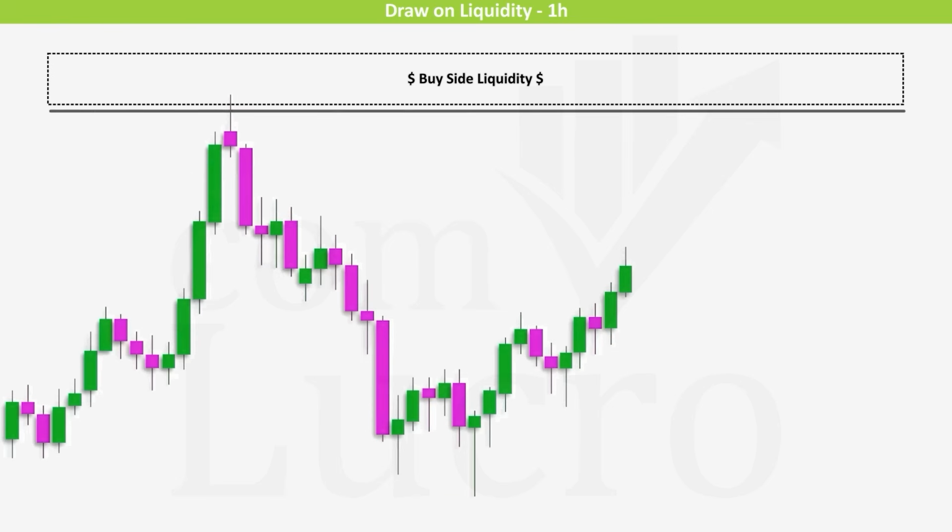So, in the first step of Cameron's model, you want to locate a key high or low on the 1-hour chart that price is approaching with intent. As shown in this example, we have a clear swing high on the hourly chart, and price is steadily drawing upward toward that level. We can reasonably anticipate price reaching this high because liquidity is resting there and the market